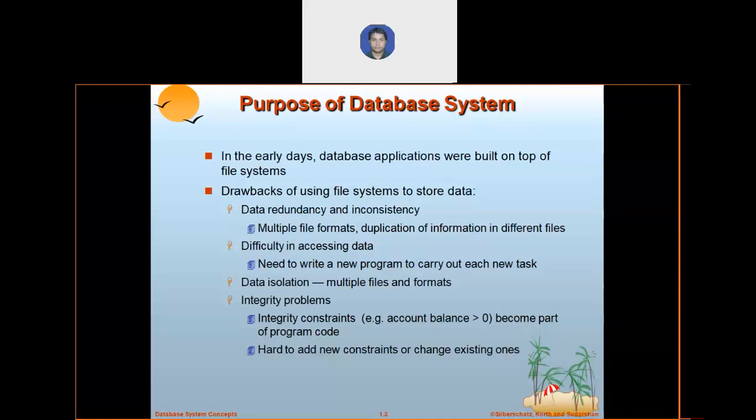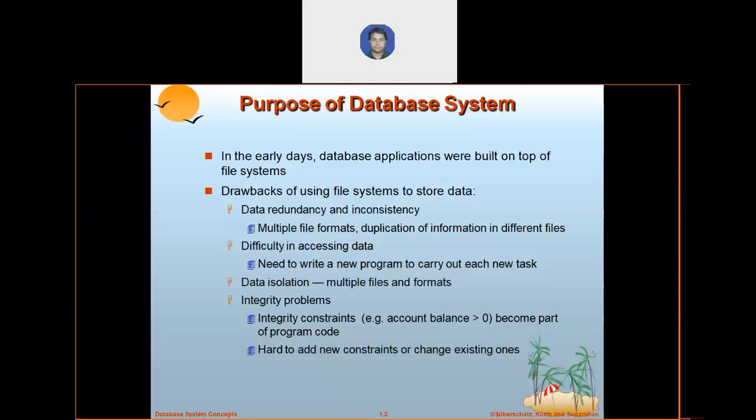सपोज मैं बैंकिंग सिस्टम की बात करूँ, मेरे बैंकिंग सिस्टम में मुझे कुछ कस्टमर्स की डिटेल रिट्रीव करनी है, जिसके लिए मैंने एक एप्लीकेशन प्रोग्राम अपने डेवलपर से बनवा लिया। अब कुछ समय के बाद मुझे कस्टमर्स की डिटेल रिट्रीव करनी है, बट अब मेरी कंडीशन कुछ और है कि ऐसे कस्टमर्स का मुझे मोबाइल नंबर या एड्रेस चाहिए जिसका अकाउंट बैलेंस 5,000 से ज़्यादा हो। तो अगेन आई हैव टू राइट अ न्यू एप्लीकेशन प्रोग्राम, अगेन मुझे डेवलपर के पास जाना होगा। फाइल सिस्टम की प्रॉब्लम है कि जब भी आपको कुछ न्यू चीज रिक्वायर्ड होगी, आपको एक एप्लीकेशन प्रोग्राम क्रिएट करना होगा। तो द डिफिकल्टी इन एक्सेसिंग द डेटा।